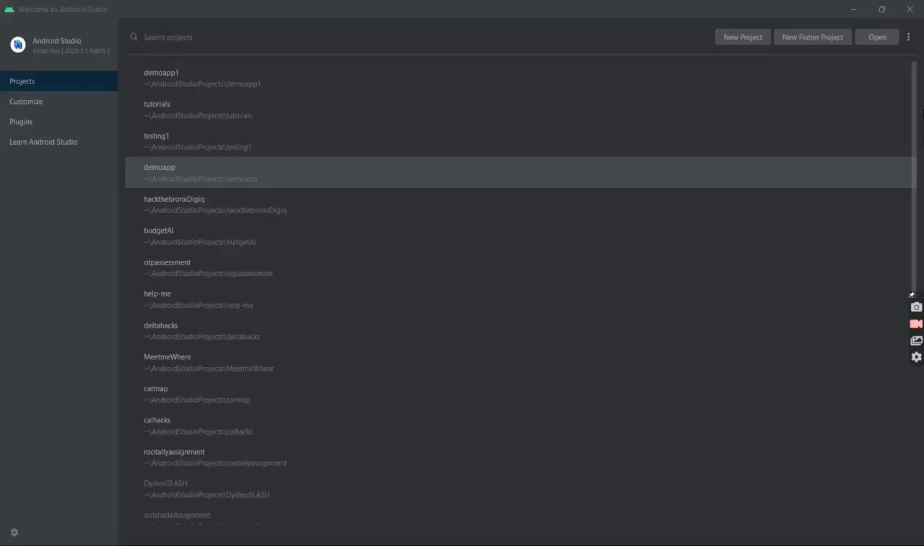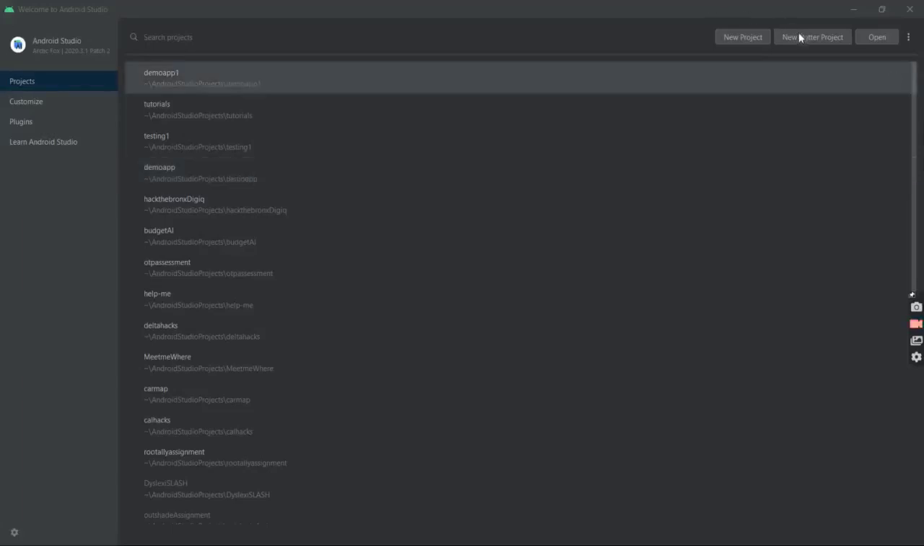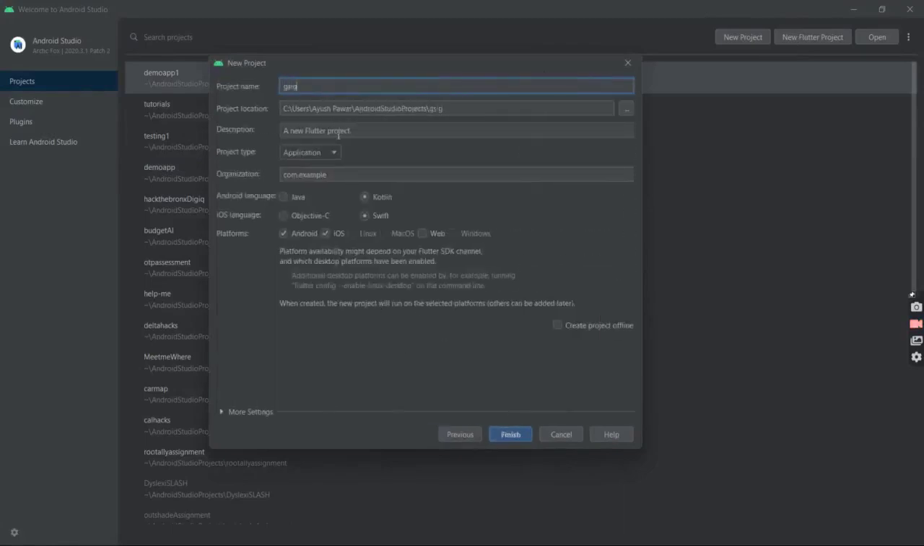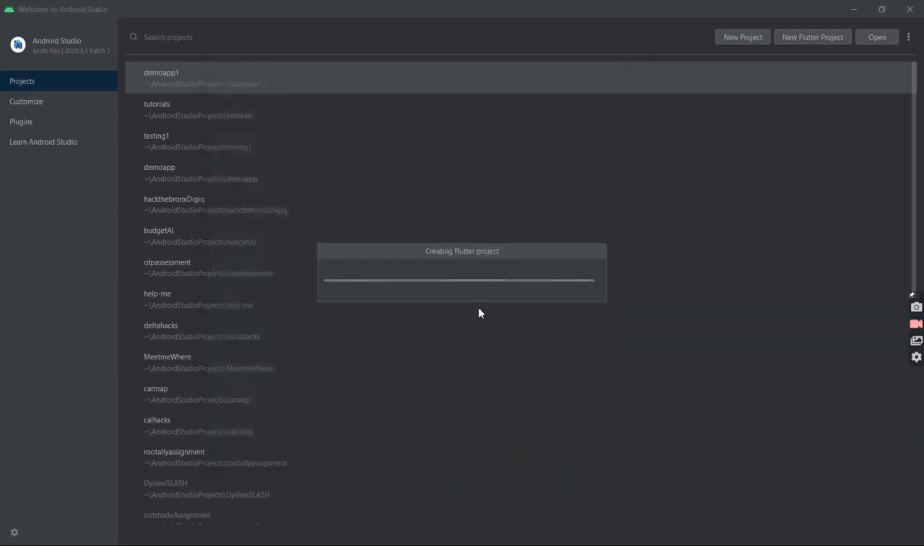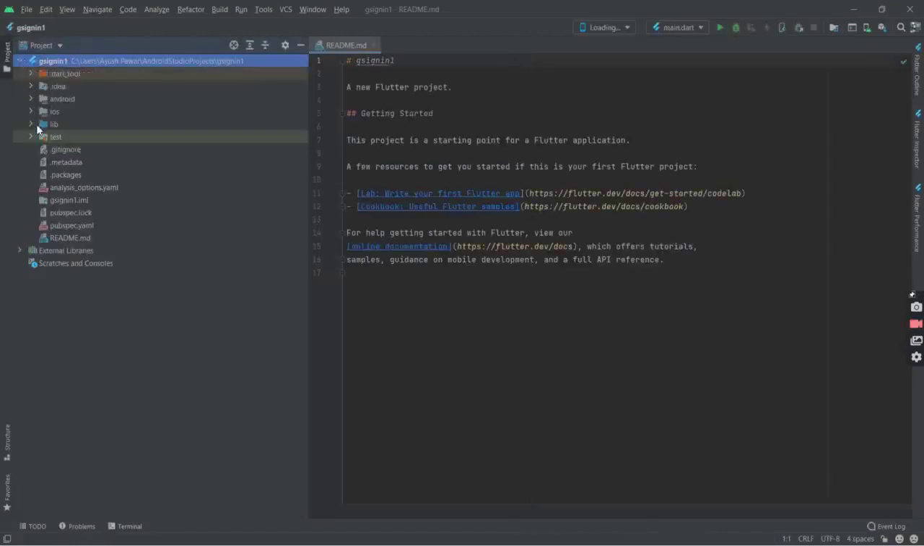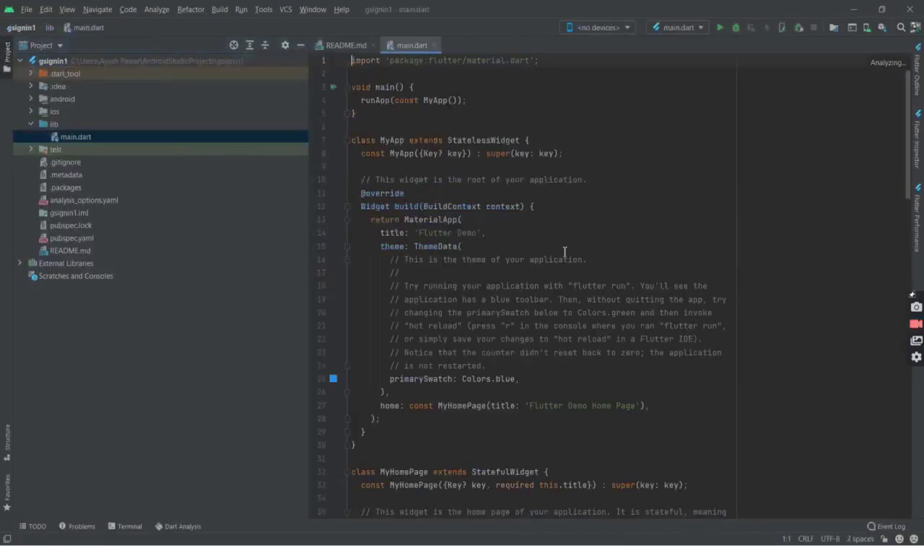So I'm currently in Android Studio and we will create a brand new Flutter project. Let's name it G sign in 1. Finish. Let's wait till it creates the Flutter project, and let's break down the whole app building process into two simple parts. The first part would be to configure our current Flutter project with Firebase, and the second part would be the logic part where we would code the Google Sign-in feature. So for the first part,